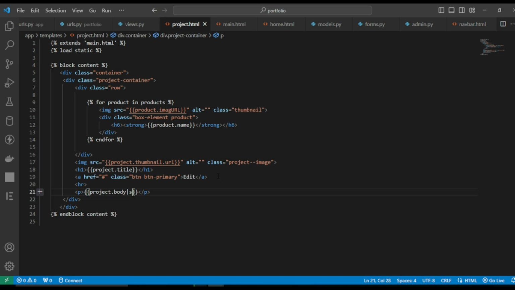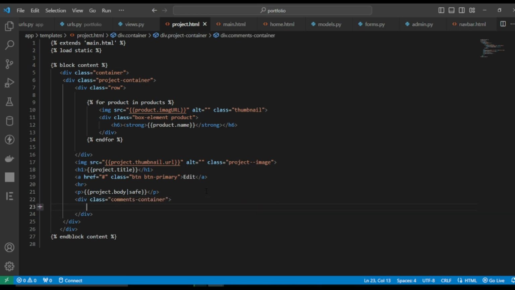So we can make another div by the name of comment container. This comment container is there so that if someone else wants to leave a comment for this project or this product,